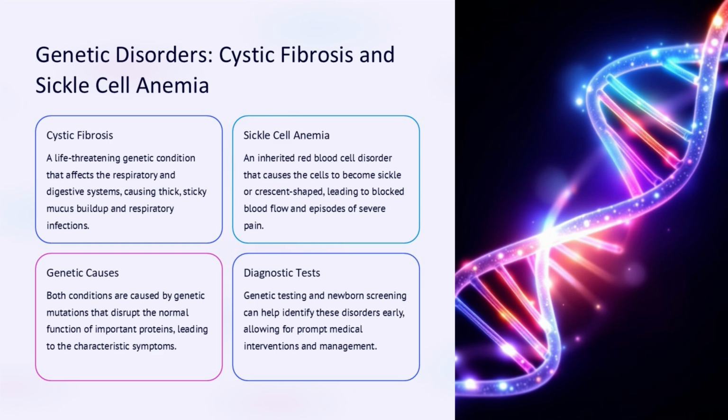Cystic fibrosis is a serious genetic condition that affects the lungs and digestive system, causing thick, sticky mucus buildup and recurring respiratory infections. Sickle cell anemia is an inherited blood disorder where red blood cells become crescent-shaped, leading to blocked blood flow and episodes of severe pain. Both conditions are caused by genetic mutations that disrupt the normal function of important proteins in the body. Genetic testing and newborn screening are important for early diagnosis, allowing for prompt medical treatment and management of